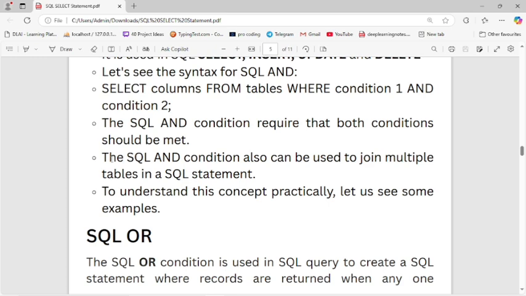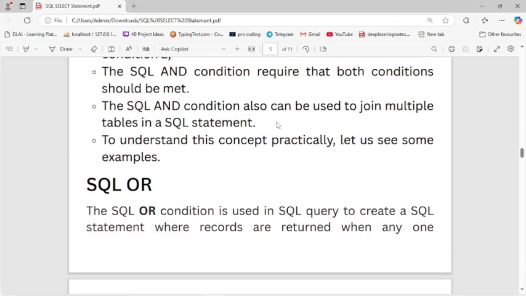The SQL AND condition can also be used to join multiple tables in a SQL statement. After some time we'll see how to join in the next video, and in two or three videos we will see the SQL JOIN keyword.